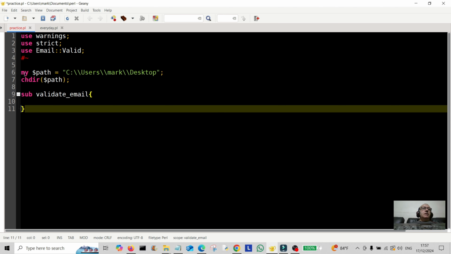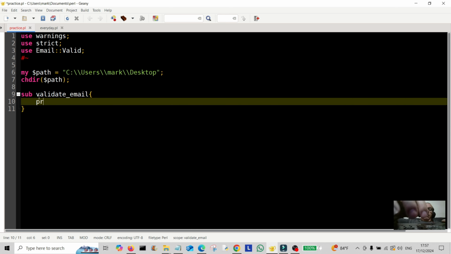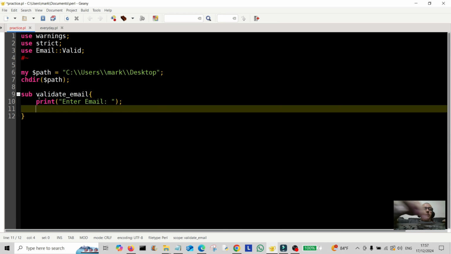So what I've done here, I've started off, I've created a scalar variable called path. That's my path on Windows to my desktop, and I've changed directory into that path, and I've created a function here called validate email. So we're going to print a message to the user telling the user to enter email, and we're going to get user input. So we're going to use chomp for the new line, then my scalar email, assign it to standard input here,